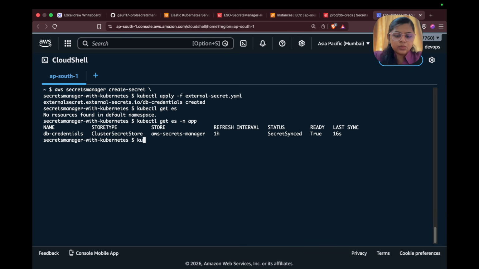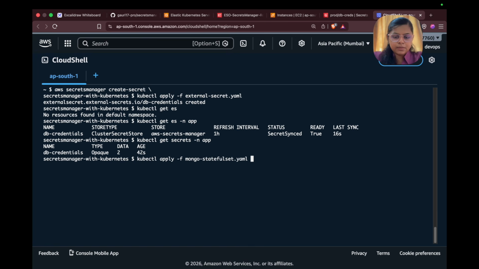Now let's try to execute the command kubectl get secrets -n app. So you can see the secret of DB credentials has been created over here. Okay, so the native secrets has also been created. Now once this is done, we are free to apply the changes for our MongoDB. Apply -f mongo stateful set. Okay,